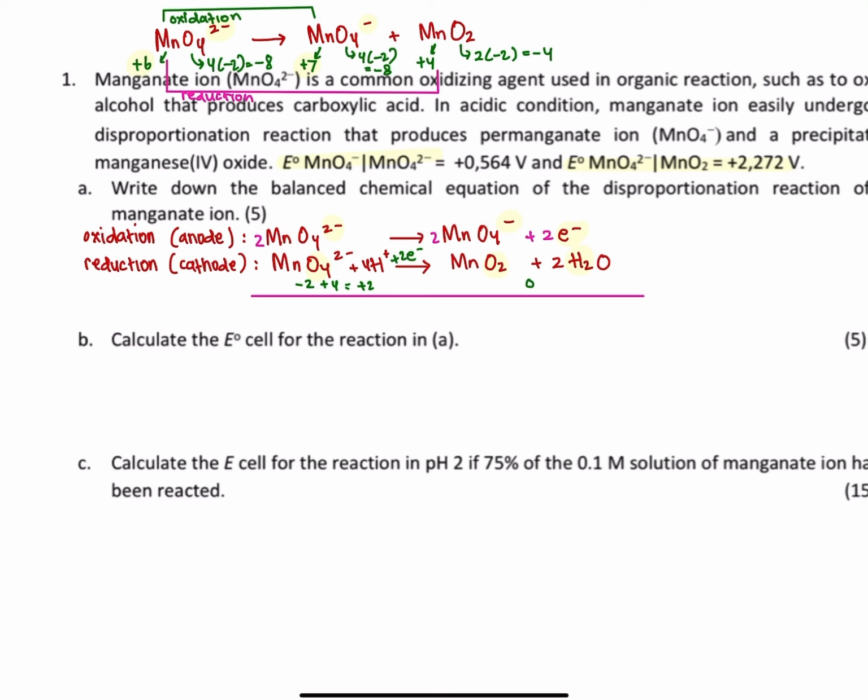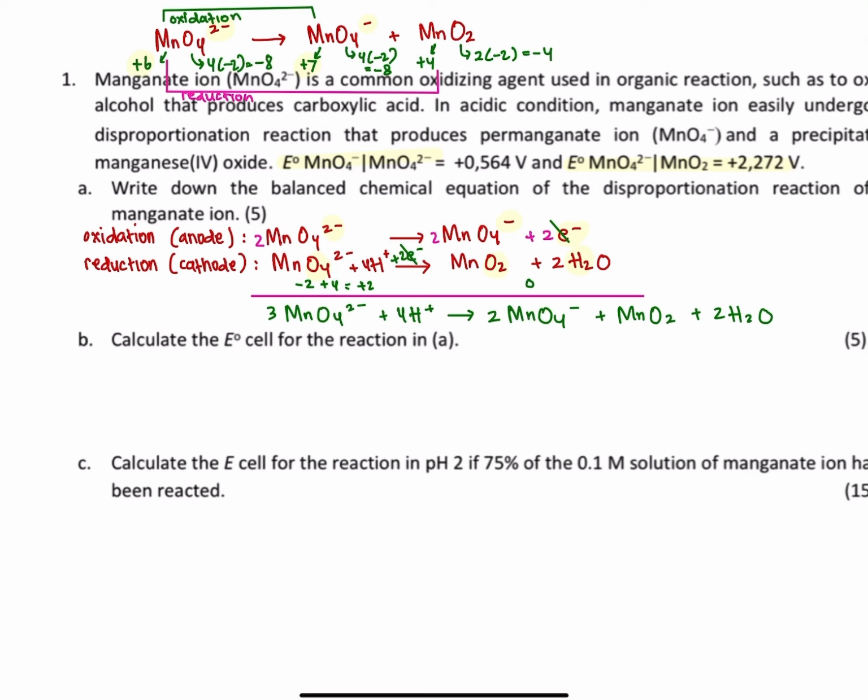For example, in this case, we can then cross out the electrons because the number is already the same. So in this case, we have 3 manganese ions, and then 4H plus, and then here we have permanganate ion, and then we have manganese 4 oxide, and then water. Now, after we have the total reaction, we have to check whether it is already